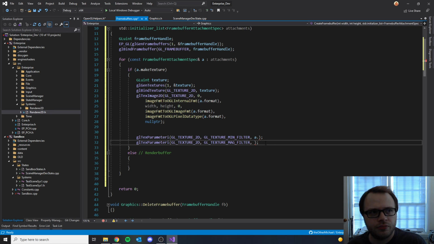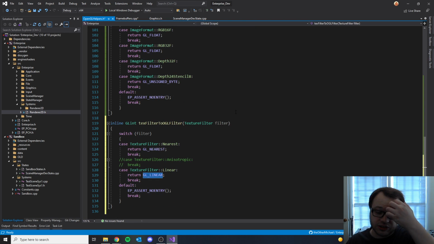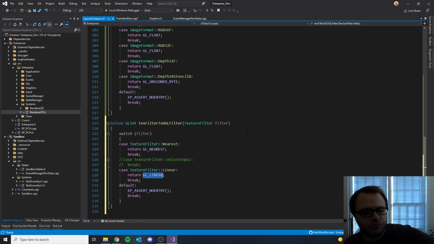So for non-power of 2 textures, you won't bother to do mip mapping, but yeah, you know what? I'm not gonna support mip mapping in Framebuffer textures quite yet,